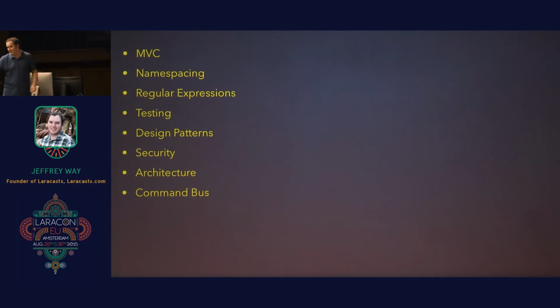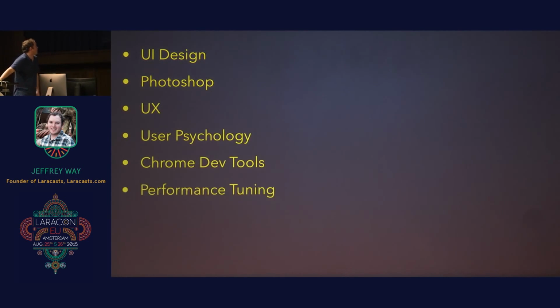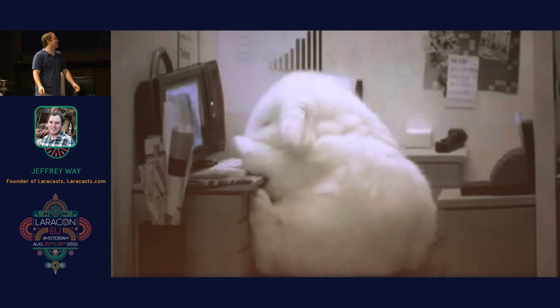Okay, what about command bus and CQRS and event storming and emergent design? This is all great stuff, but it takes a long time to learn. And then, you know, if you're going to go out on your own, you need to have a basic understanding of the UI. You don't have to be a designer, but you need to know what you're doing, right? So UX, user psychology, Chrome DevTools, you need to optimize performance. Okay, that will take quite a bit of work. Now, what about the acronym avalanche, like PSRs and CRUD and REST and Active Record versus Data Mapper and ADR and TDD and BDD and DDD and DDD again and SOLID, and then before you know it,